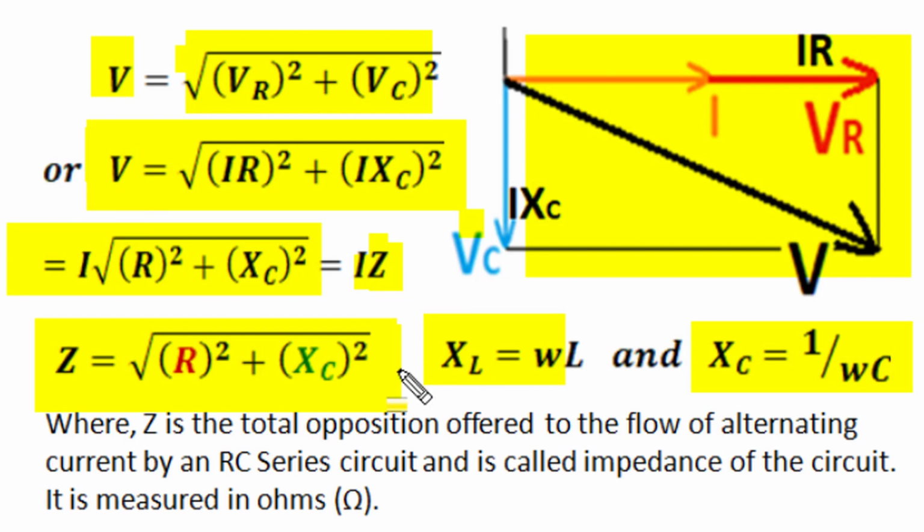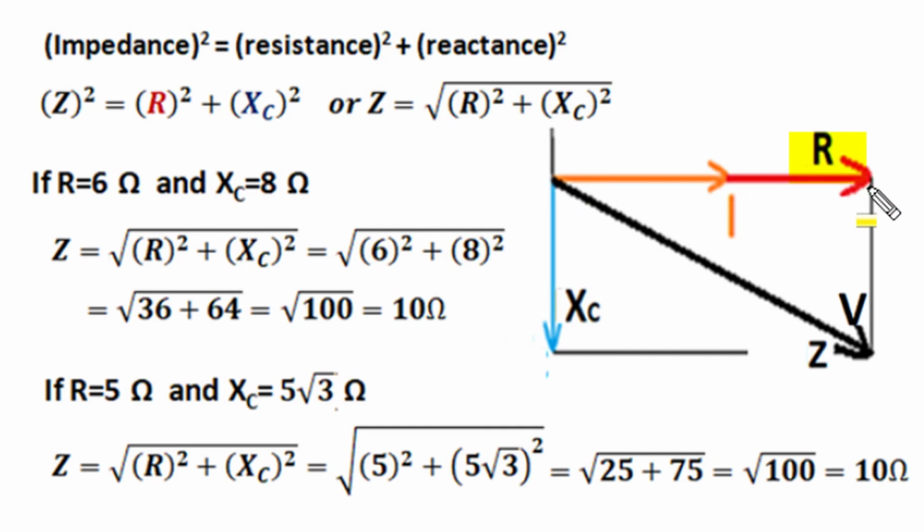The unit or measurement of impedance is same as measurement of resistance or capacitive reactance. All three, resistance, capacitive reactance and impedance, are measured in ohm unit. But the calculation of Z is not simple summation of R and XC, but it is a Pythagoras calculation as explained in these examples. It is very interesting that R operator got only real component, it won't have any imaginary component, and its J part is 0 and it is R plus J0 in rectangular form and R angle